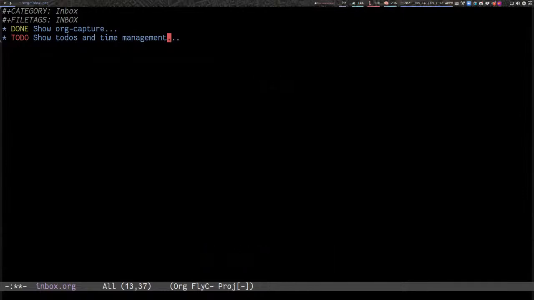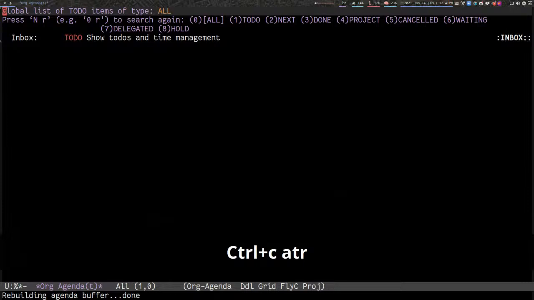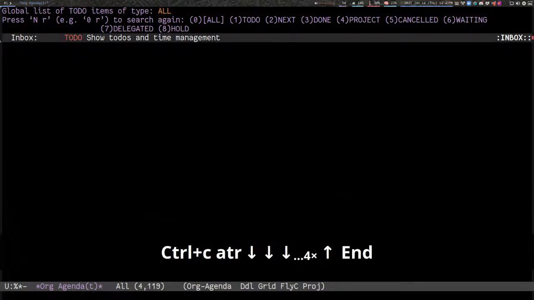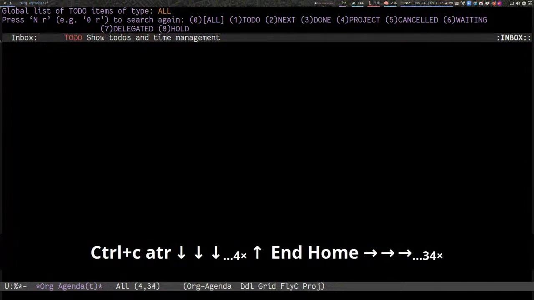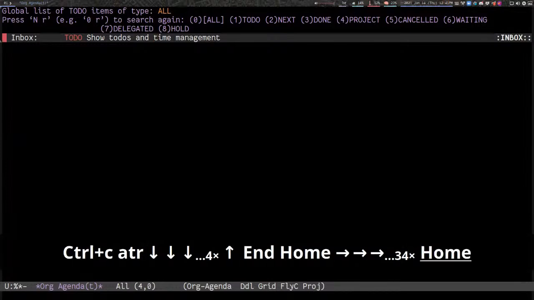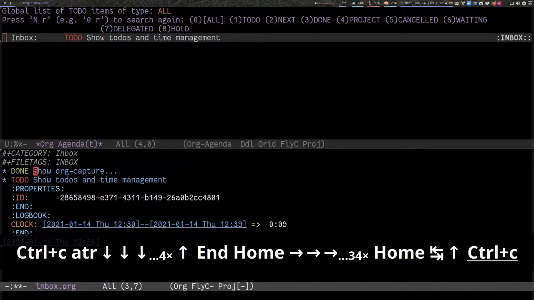I will go ahead and show you where we can manage all of this state here. And then we have the org agenda view. The agenda view, we can have a list of all to-dos. So I have these in my inbox. I have a to-do, show to-dos and time management, but I can go back in the inbox. And then if I change this other to-do from done to next or something,